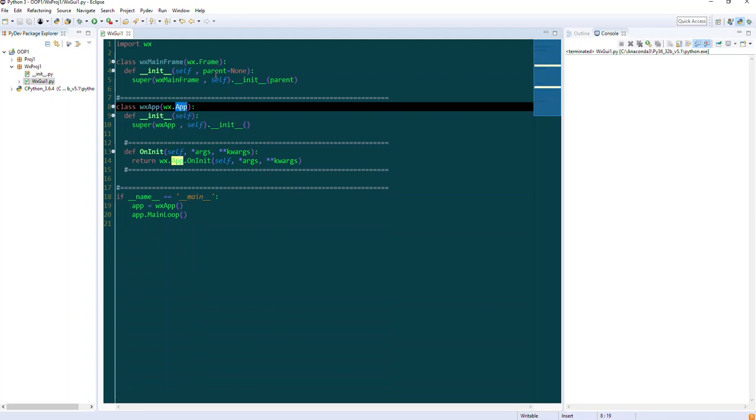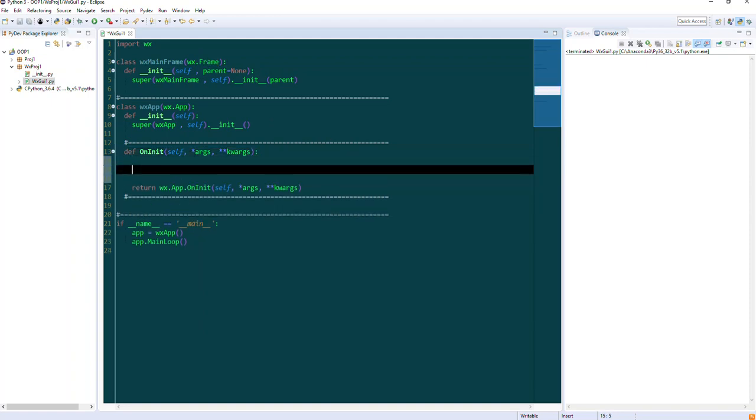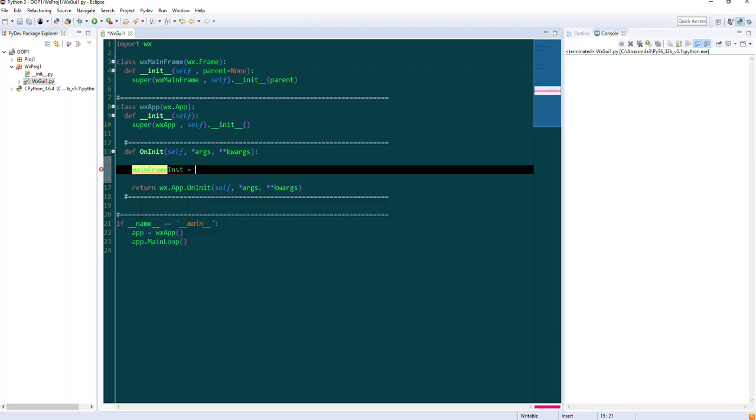This is the application. This is the frame for rendering our graphics or user interfaces like buttons, menus, and all sorts of text and image rendering. So here we actually create the instance of our wx MainFrame. So let's create an instance: mainframe instance equals